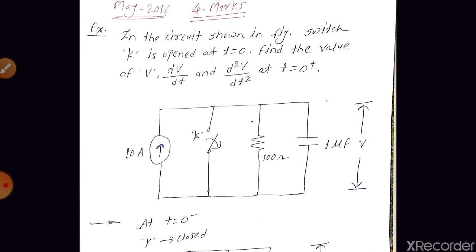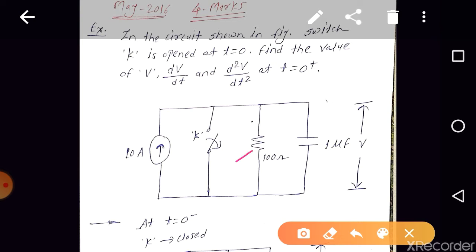Zero initial condition means, as in the circuit we have the resistor and the capacitor. For the resistor there is no term like zero initial condition, because the resistor is the element that never stores energy, but the capacitor and the inductor store energy. Capacitor stores the energy in the electrostatic field, and inductor stores the energy in the magnetic field. So here we have the resistor and the capacitor elements.